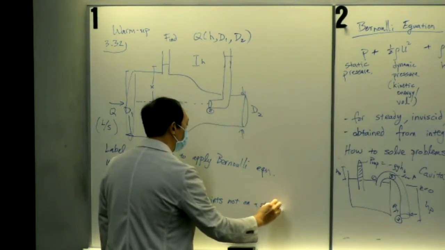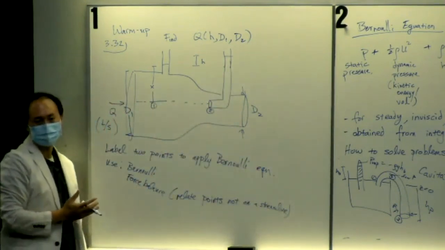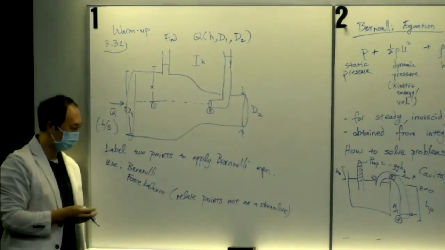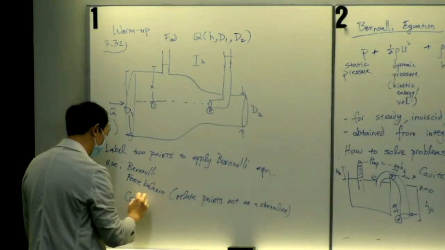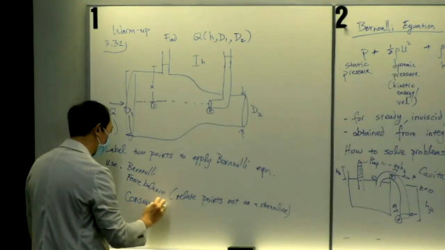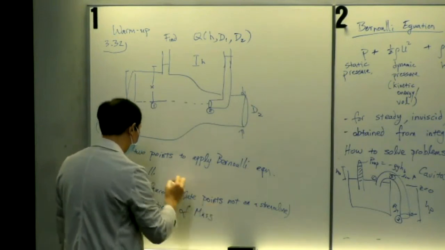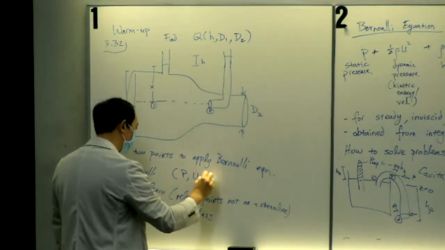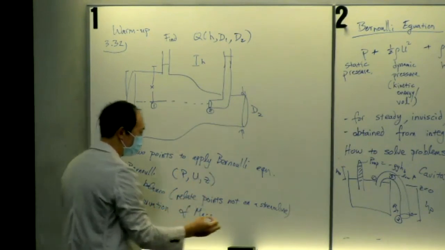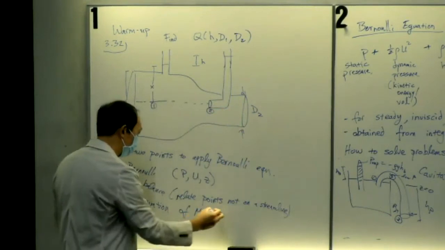For example, the points inside these tubes are static, so they're not along any one streamline. And the last thing you're going to need to use is conservation of mass. Each of them has its own particular tool. Like I said, Bernoulli relates P, U, and Z. Force balance will relate geometry and some pressures. And conservation of mass